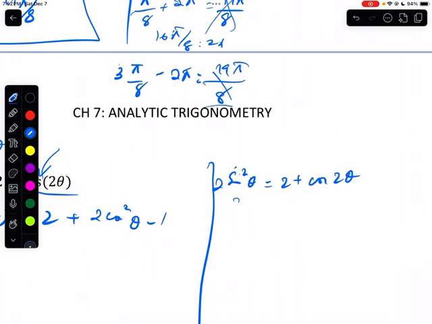So I can keep the sine square theta term as it is. I can write the cosine 2 theta as 1 minus 2 sine square theta. So what do you say? Okay, yeah, that works, right? Okay, so now I'm going to do that. On the right hand side, I will be